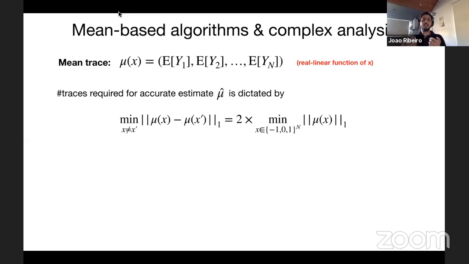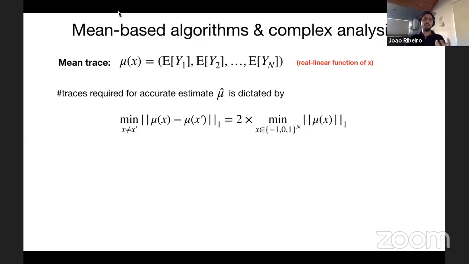But since the mean trace is just a linear function, this ends up being just the minimum of the one norm of your mean trace over all x's with elements in -1, 0, and 1. So this is the quantity that you want to understand. We want to understand what this minimum is. We want to bound it. And in order to do this,